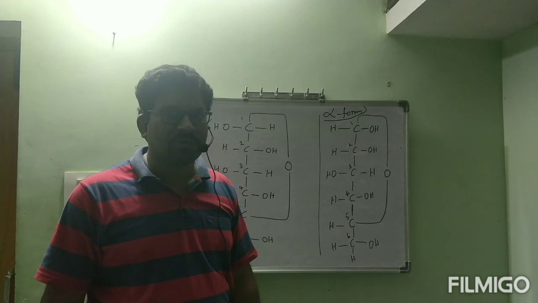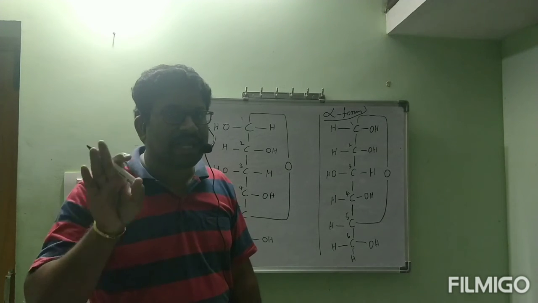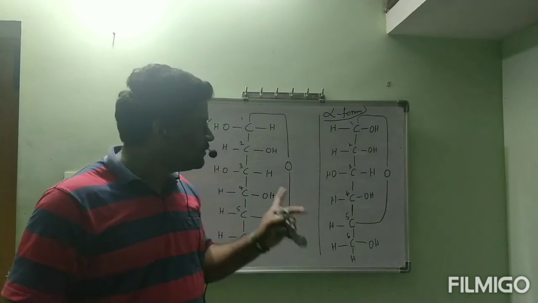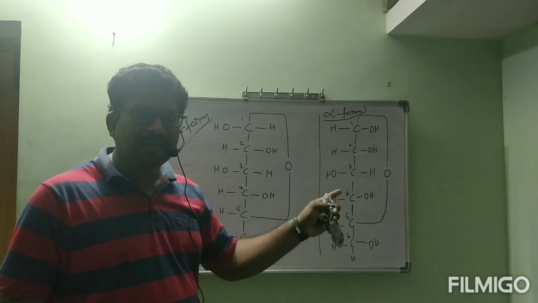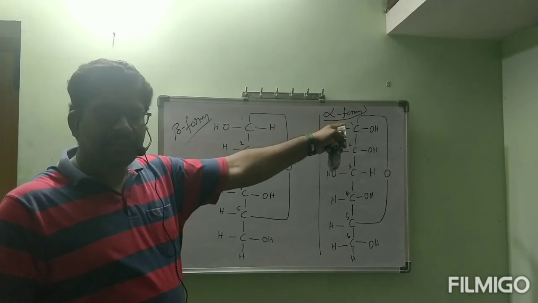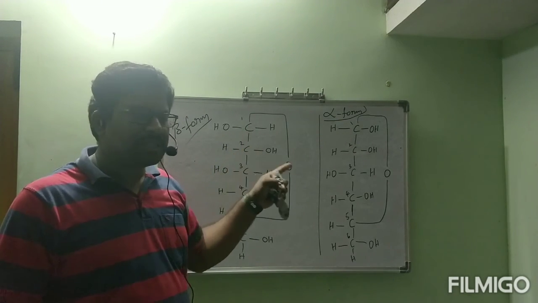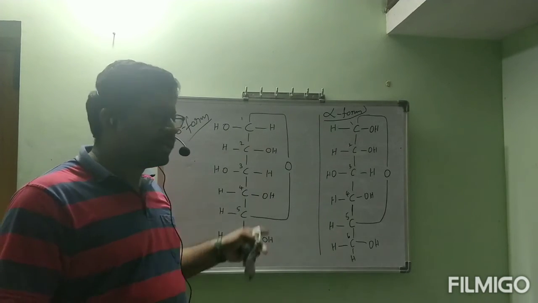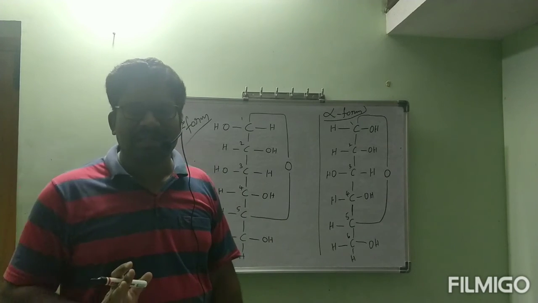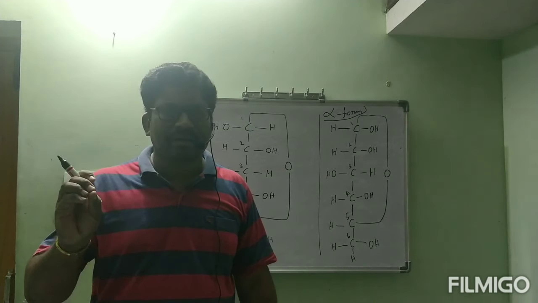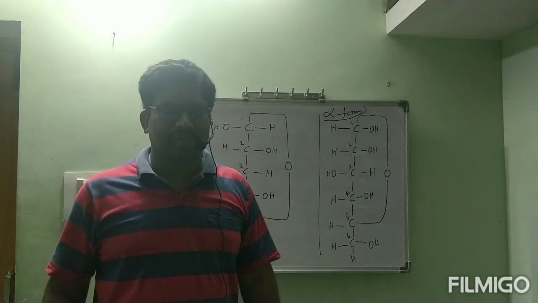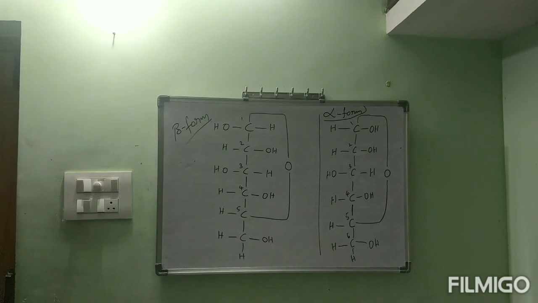Alpha form and beta form of glucose. Alpha form and beta form of glucose existence is not explained by open chain structure. It is possible with closed chain structure by writing the closed chain structure of glucose in 2 forms like this. This alpha form melting point and beta form melting point, as well as how did we get this alpha form and how did we get this beta form, all are explained clearly. So these are all points, 4 points, and remaining also they kept the explanation of closed chain structure of glucose. This is the closed chain structure of glucose.